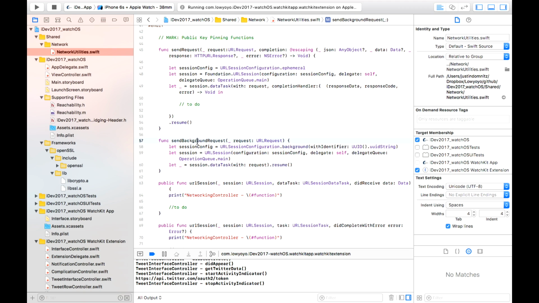And then I have one that is sending the background request using the background type of URL session configuration. So one's ephemeral, it's going to come back right away with the data, and the other one is a background, it's going to actually do it in the background. And then down here,